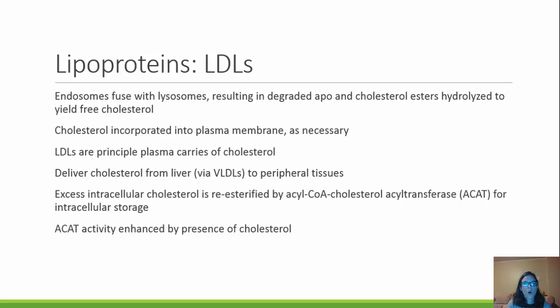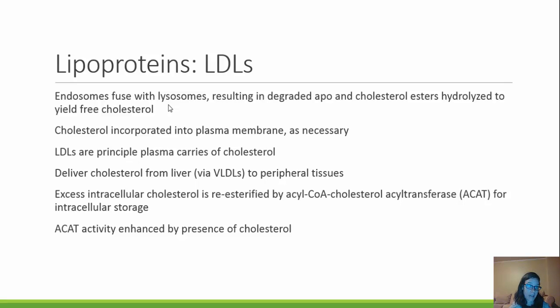So then we have our endosomes. When we have this endocytized vesicle of our LDL cholesterol, we call it an endosome. And these fuse with lysosomes, which have more of our enzymes for further degradation. This results in degraded apolipoprotein and cholesterol esters that are hydrolyzed to yield free cholesterol. So the LDL is endocytized and yields free cholesterol, which can then be incorporated into the plasma membrane of